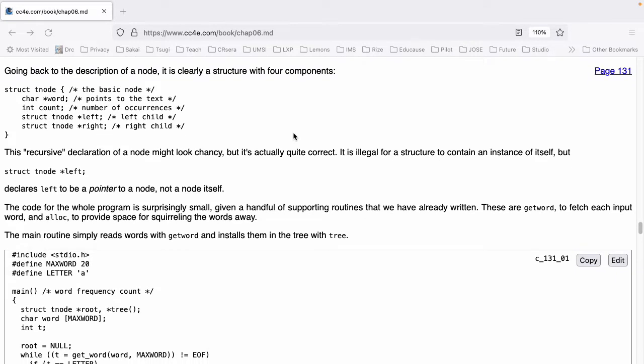Going back to the description of a node, it is clearly a structure with 4 components. struct tnode { char *word; int count; struct tnode *left; struct tnode *right; }